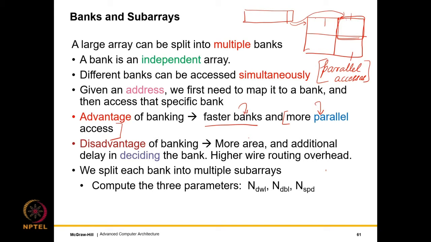So we have still not designed them. Now each bank needs to be designed by Cacti, and this is what needs to be broken into the subarrays. So a bank in this case is an array, and each of the banks needs to be broken into subarrays. So we need to compute these 3 parameters, and since all the banks have the same size, that's most often the case, if we optimize one bank, we optimize all, which means that for each bank we need to compute these 3 parameters. Computing these parameters can be done by brute force, in the sense you consider all possible values, which is what Cacti does.